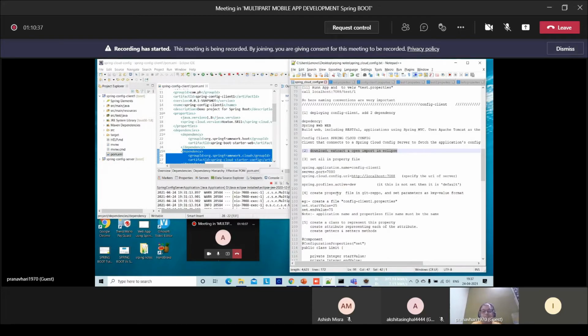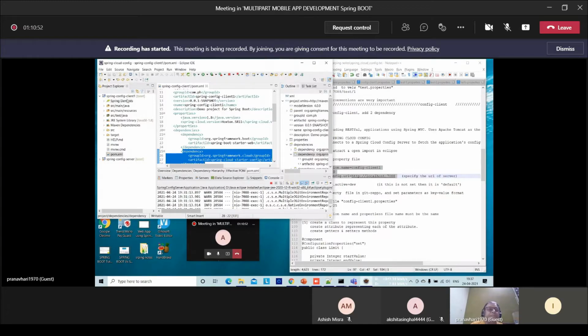Always after extracting, downloading, and importing, all these steps, the main step is what? Configuration of the properties file. We will go to this client app and open the configuration file. Can you see what is the name of this file? Bootstrap.